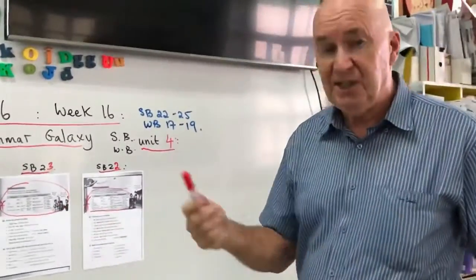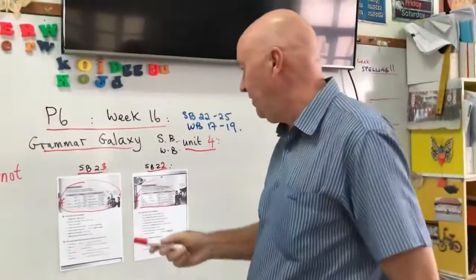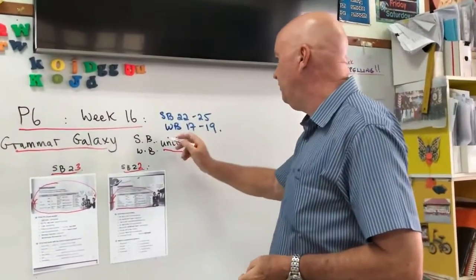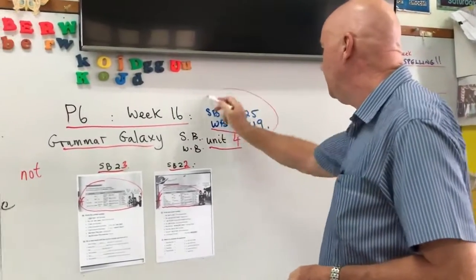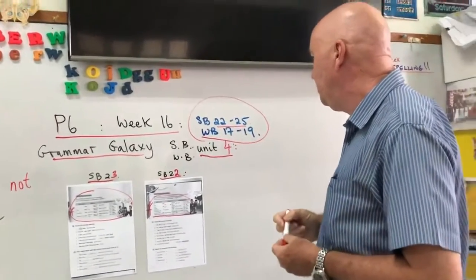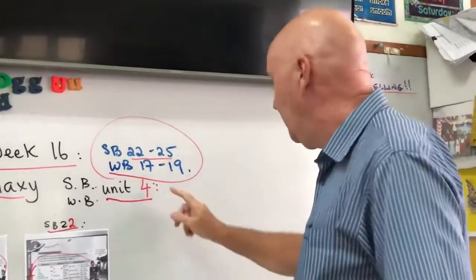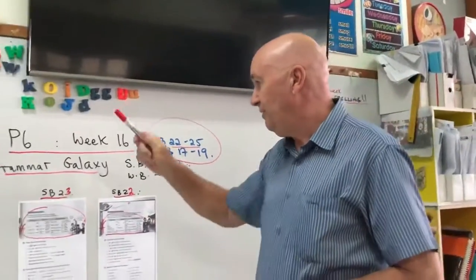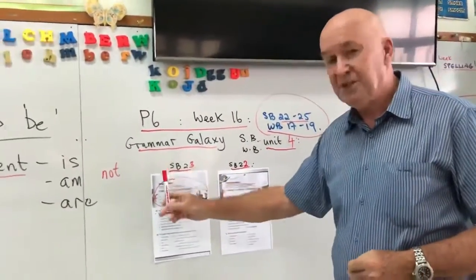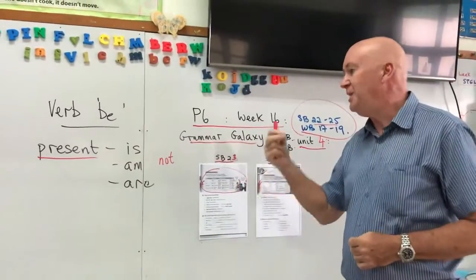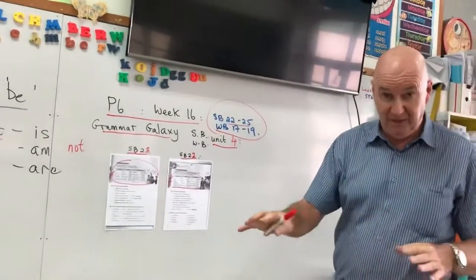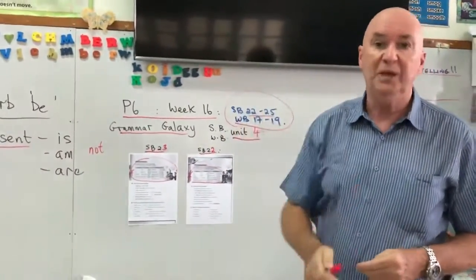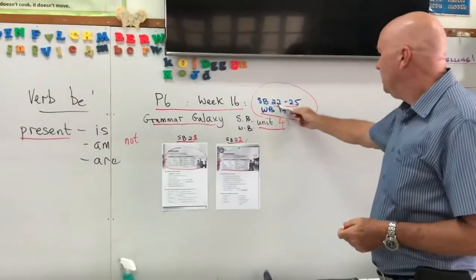So we've done this in P4, we've done this in P5, so let's just make sure that you understand it. So this is what you need to do for this week. It's student book 22 to 25, and then the workbook 17 to 19. Everything is about the verb be. Some of it is present, for today. Some of it is past, when you're talking about something that's finished, that is over, like yesterday, last night, this morning, last week, and so on. So, Unit 4,